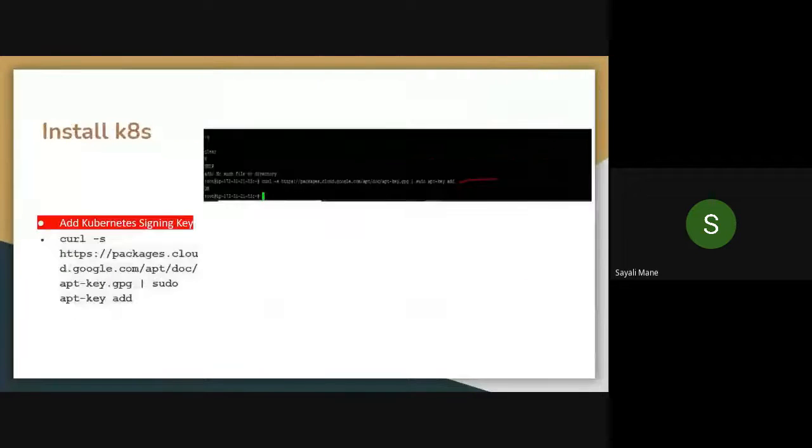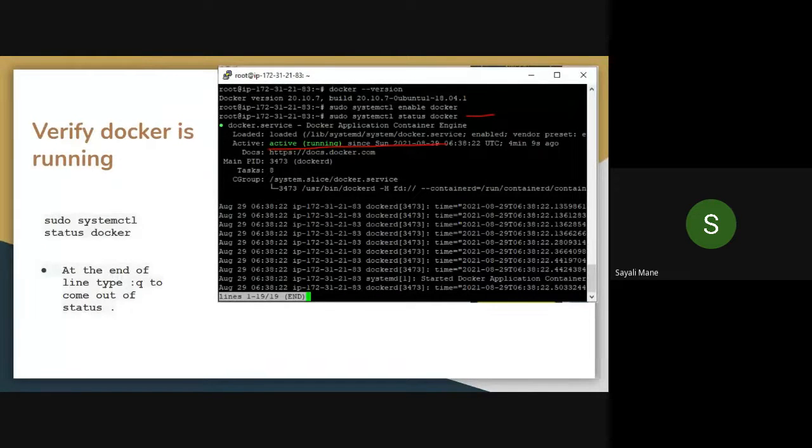Then you will come back to the root user, which is written over here. Got it? Here you can see line 19, see this one. Please type colon and q and press enter. Done. Now that's good, because that was a little bit tricky to come out of.